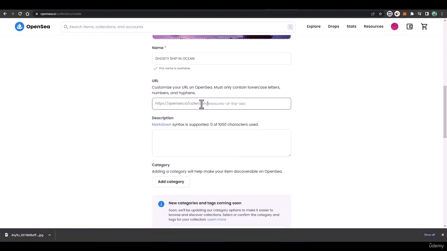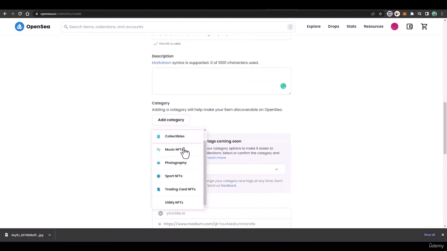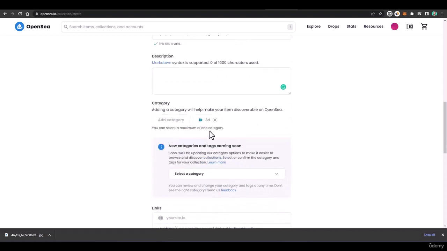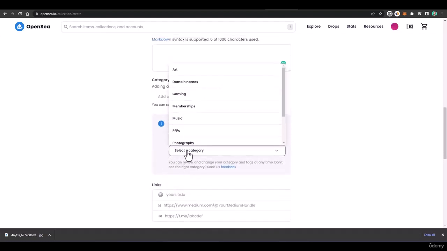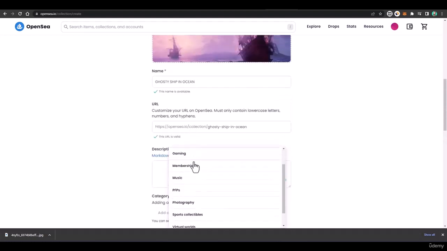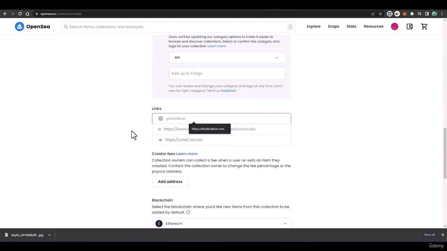And then here you can add the link of your collection, ghosty ship in ocean. Here add a description of that collection. Then here you'll have to add the category. Then select another category. It is about the art, and then here you can add the tags,